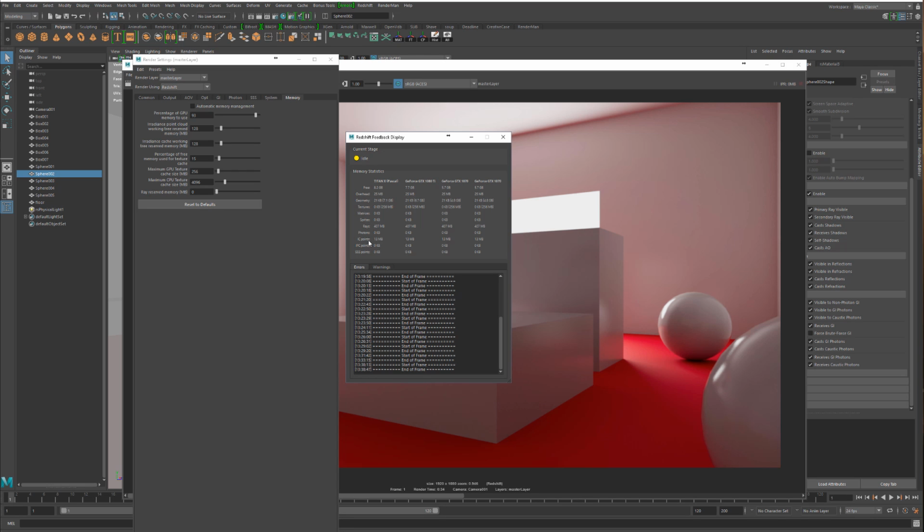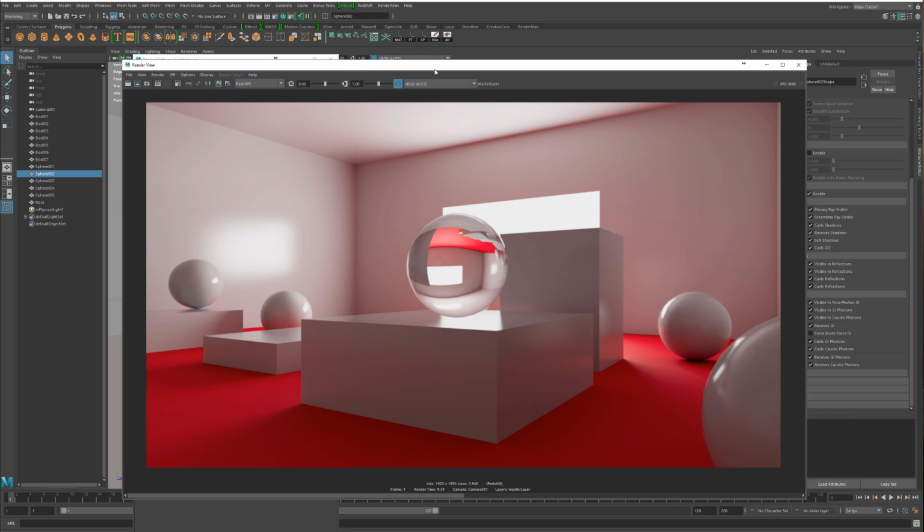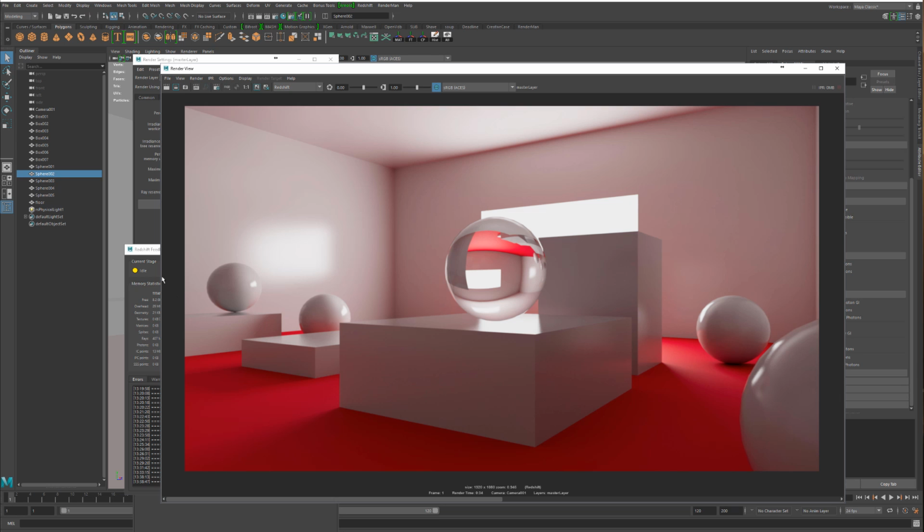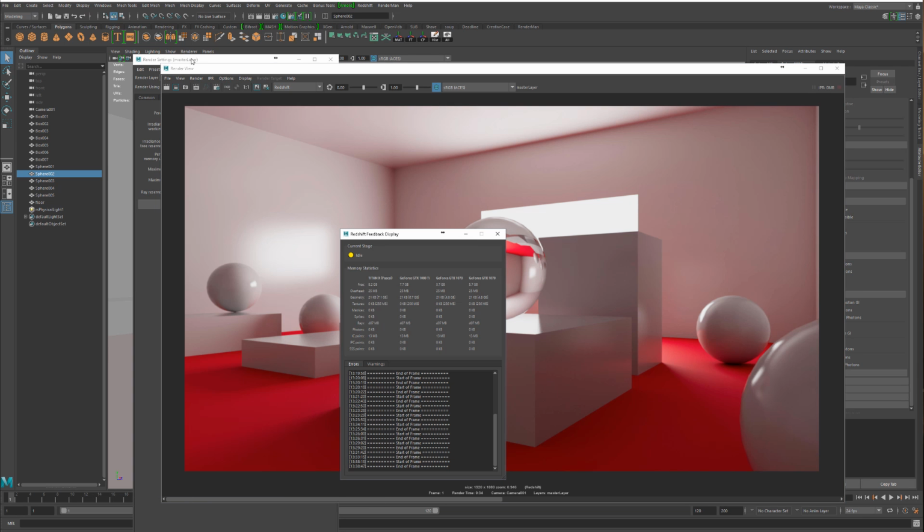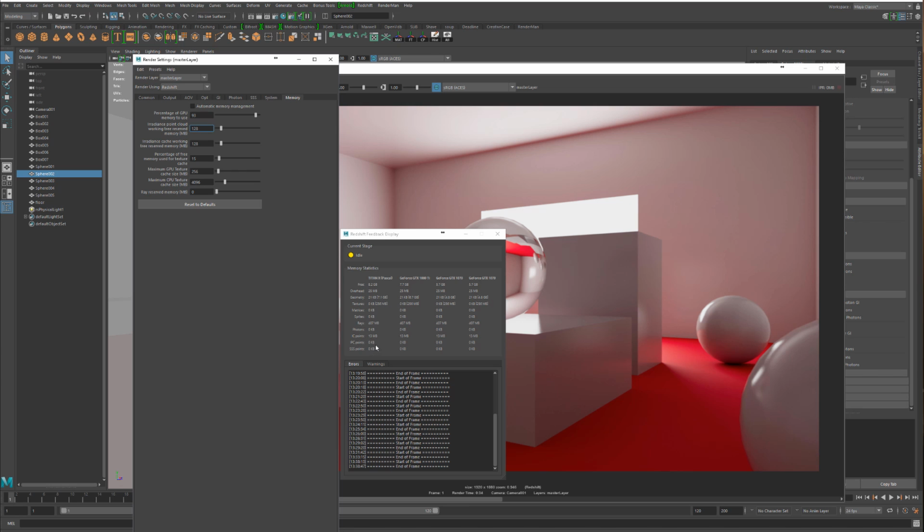IC points is your irradiance cache, so 13 megs. So it took 13 megabytes to build the little pre-pass that we saw earlier for the Radiance cache. And then the Radiance point cloud, 0 KB. I mean, it was tiny, I guess. And SSS if you're using multiple scattering. And so